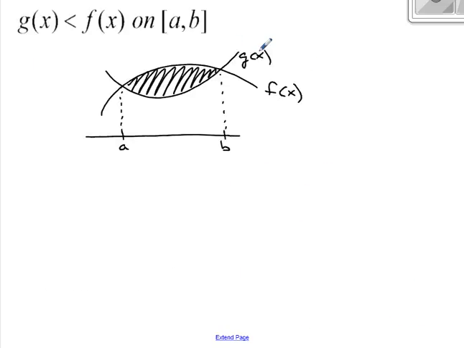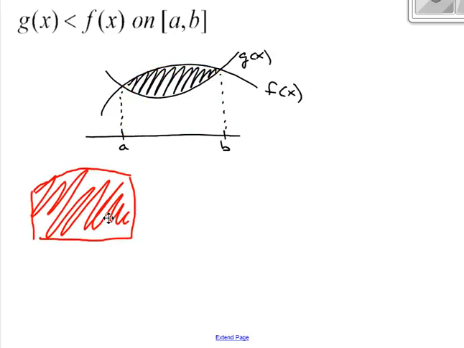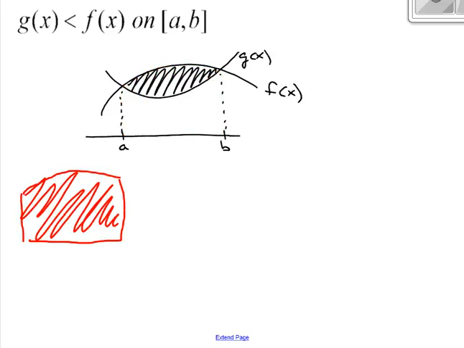In this case, g is less than f of x just in this portion. And so if I take this graph, I could think of this whole region like this and shade it in red. I'm going to just give a pictorial view. So I can take that region, and that red region is equivalent to the integral from a to b, and that was this top function, which was f of x. So that's the integral of f of x dx